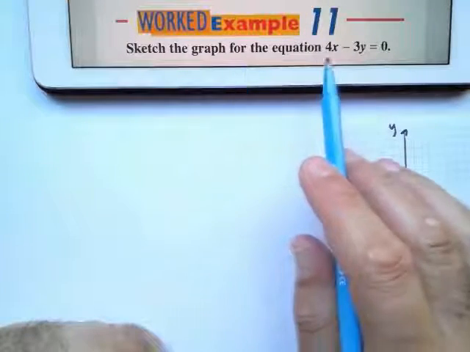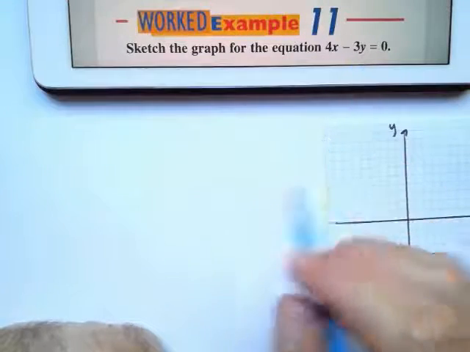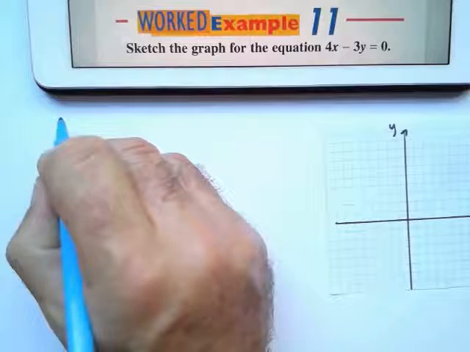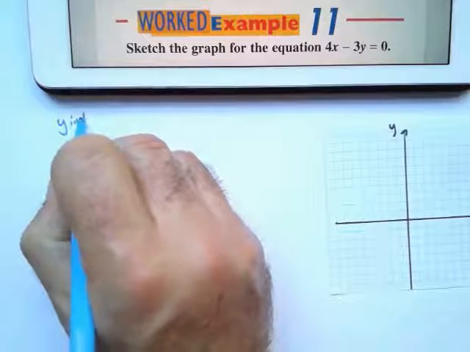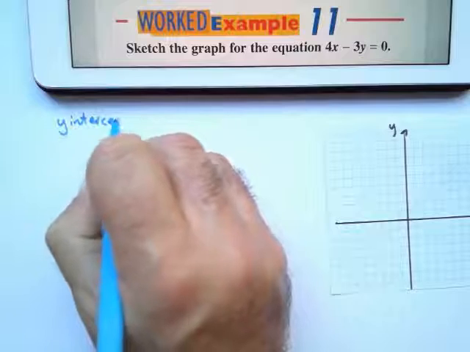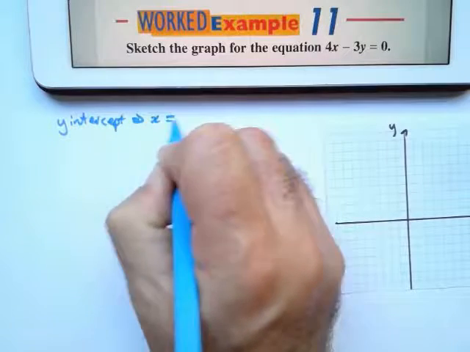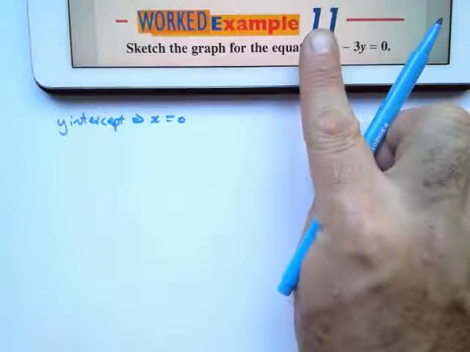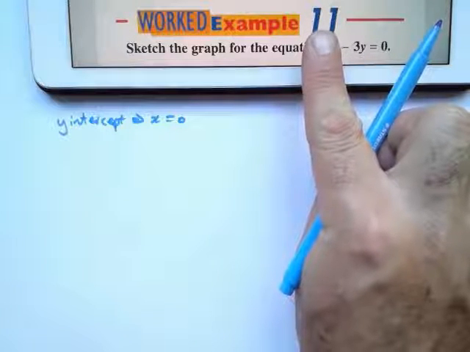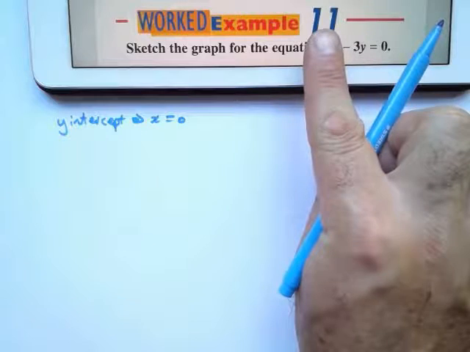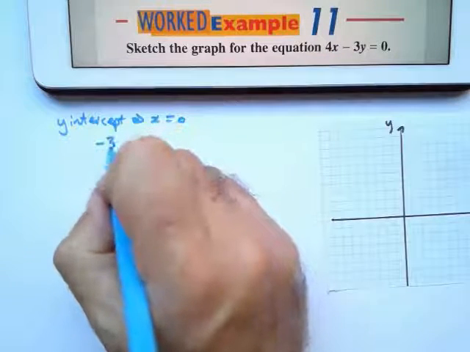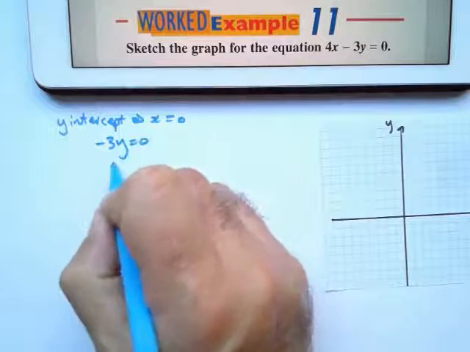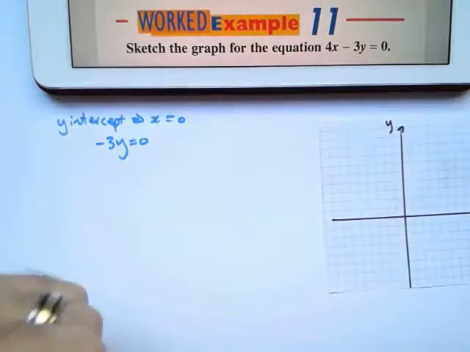Sketch a graph for the equation 4x minus 3y equals 0. I'm going to start off by saying my y-intercept is where x equals 0. If x equals 0, this thing falls away because anything times 0 is 0. So I'm going to say it's minus 3y equals 0. And if I divide both sides by negative 3,